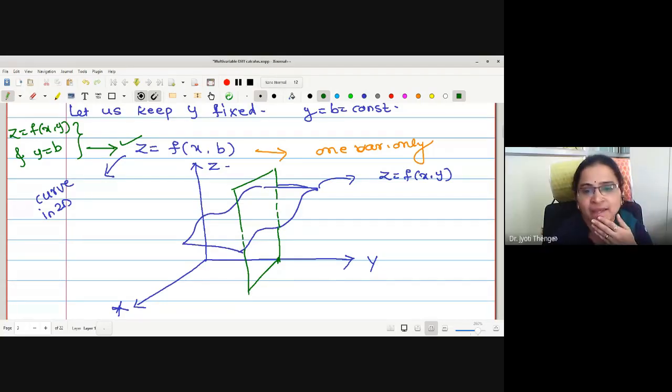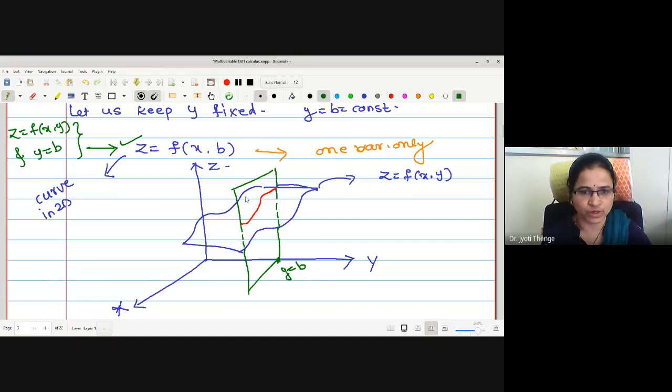Yes, ma'am. Okay. Now here also, whatever surface we have, suppose this is the surface, suppose a page we have in a 3D space, and we are going to cut that surface with this plane. Then what is the intersection? Is it a curve, of a type very similar to the shape of the surface? Okay, let us assume this red color is the intersection of the surface with this plane. With which plane? y equal to b.